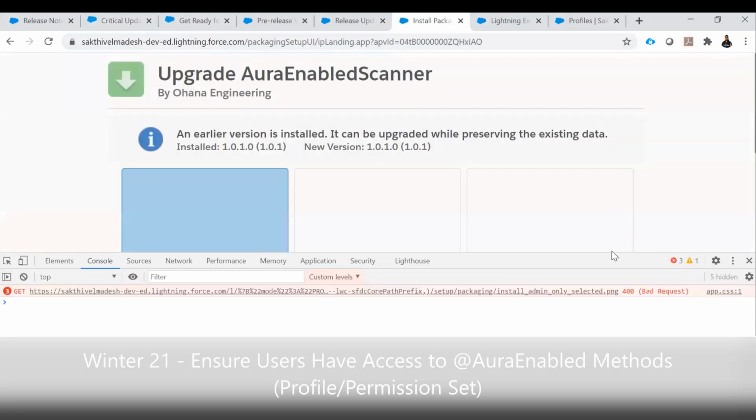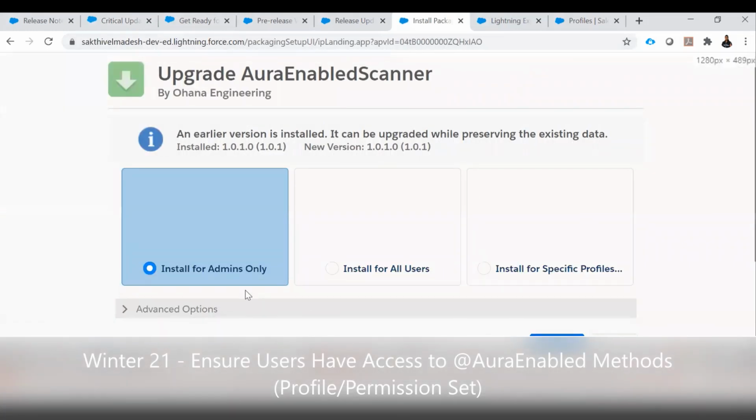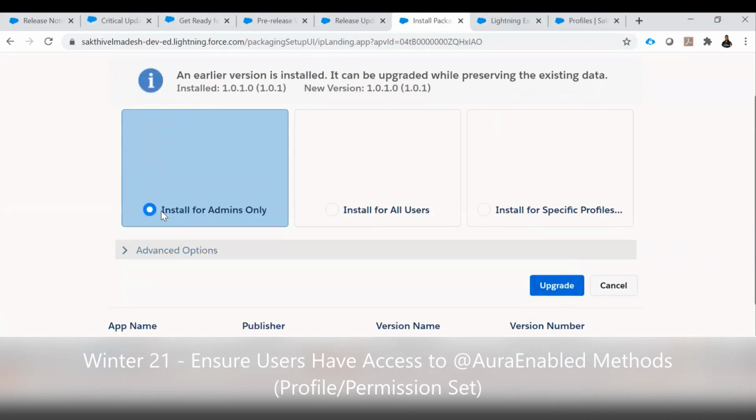Here it's asking to install either for admins only, for all users, or for specific profiles. Let's choose install for admins only.